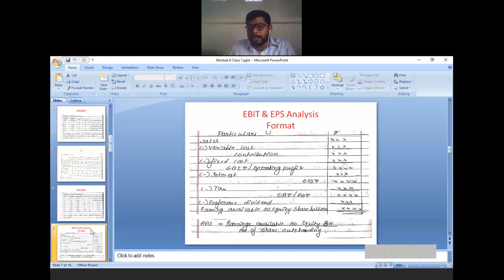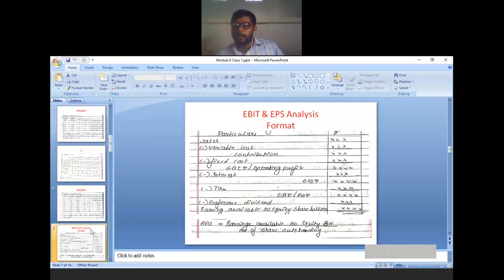From earning after tax or profit after tax, deduct the portion of preference dividend. That dividend you have to calculate for the preference share capital amount. Therefore, in this particular problem, you need to identify the amount of debenture capital, the amount of preference share capital, and the number of equity shares outstanding. If you calculate that correctly, this type of problem you can easily solve.